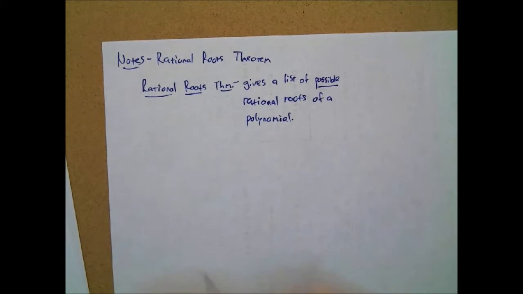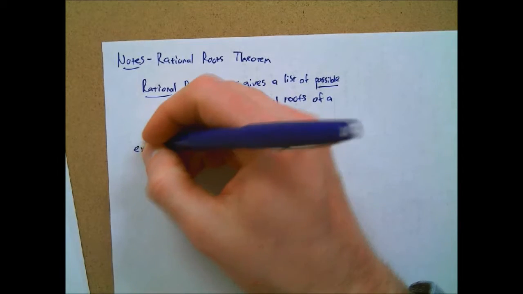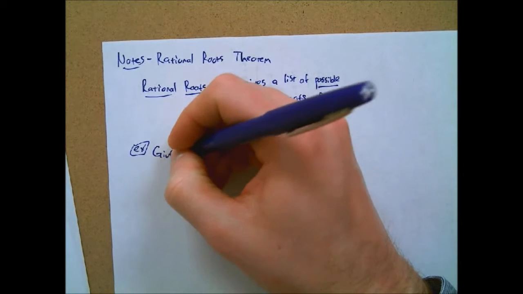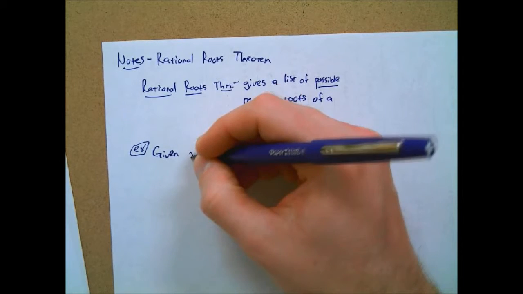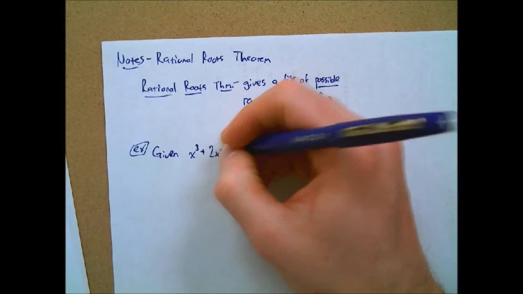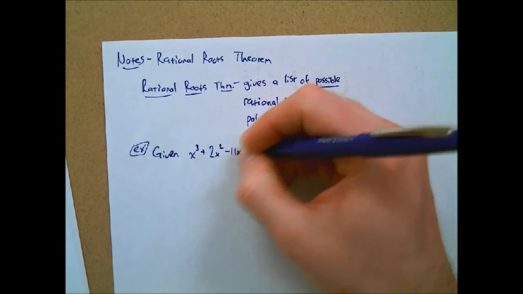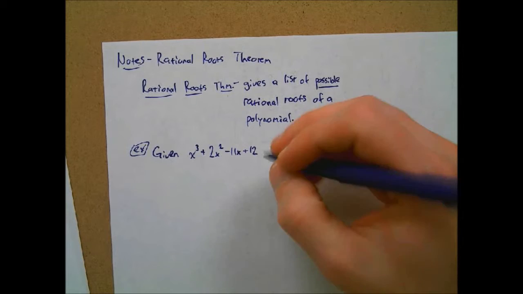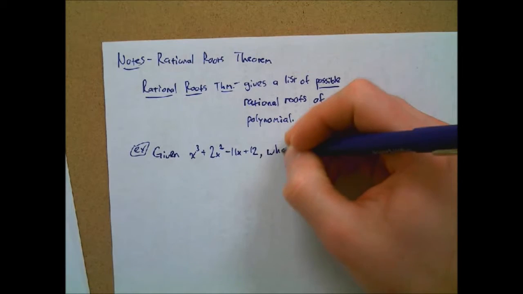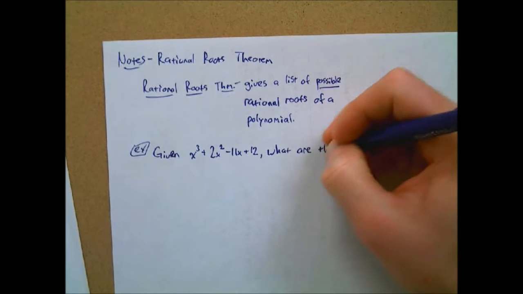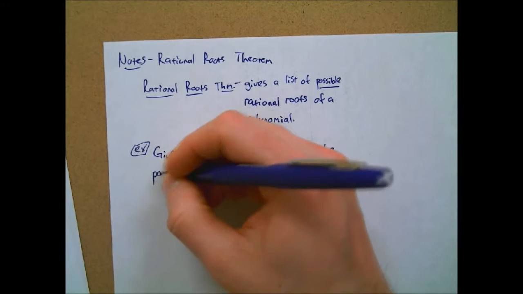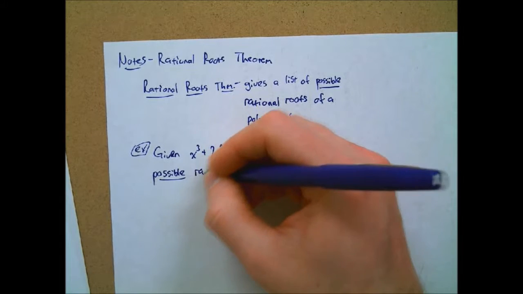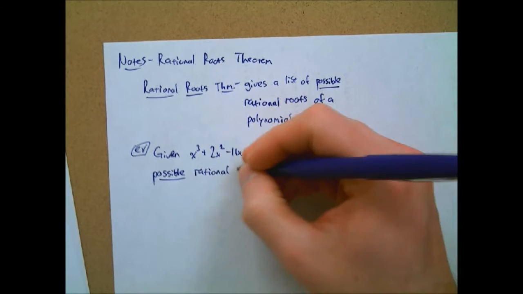Okay, so let me show you an example of how this is going to work. Given x to the third plus 2x squared minus 11x plus 12, what are the possible rational roots? Oh, and by the way, the roots,